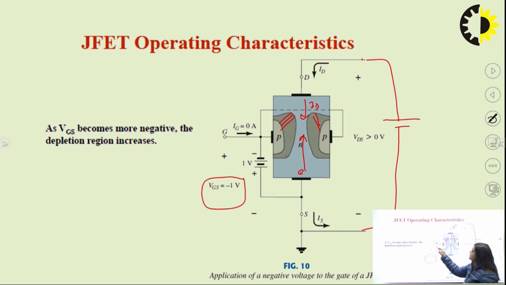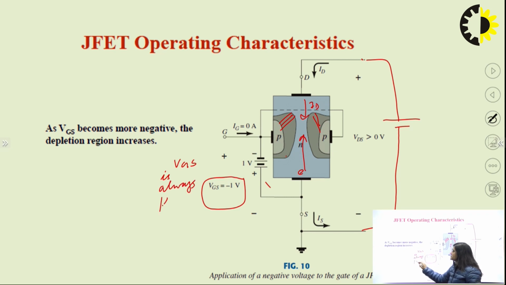That's why this N channel is connected with the negative supply, so that electrons will move from here and current will flow downwards, and due to the flow of this current a depletion layer will be formed between the P and N type. Here the depletion layer will be high and here it will be less. Now we will see the effect of the gate to source voltage. We have applied VGS at -1 volt, which means the gate, which is P type, is connected with the negative supply and the source is connected with the positive supply. VGS is always kept in reverse bias.